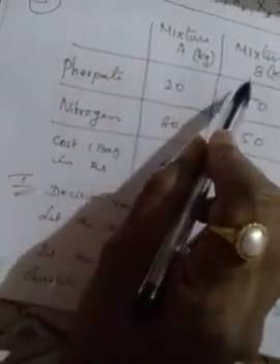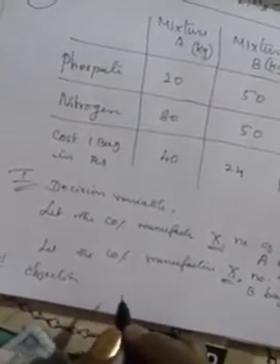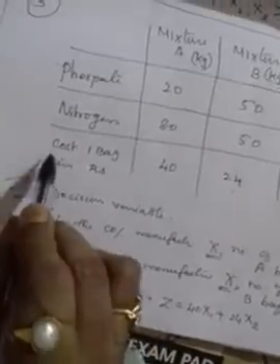Now we have to write the objective function. We have two variables, x1 and x2, that is mixture A and mixture B. The objective function is about cost, and cost you always have to minimize. So your objective function is minimization. Minimize Z is equal to 40 rupees and 24 rupees they said, so 40 of mixture A and 24 of mixture B. Because they gave cost, the objective function is minimize. The objective function is over.